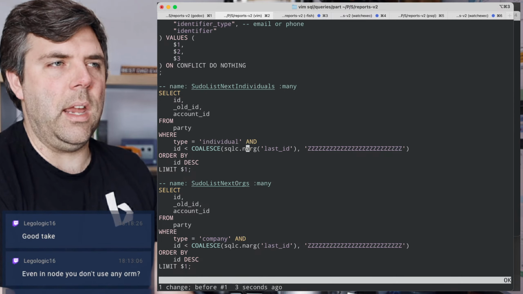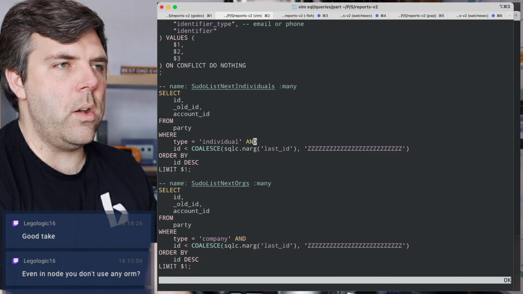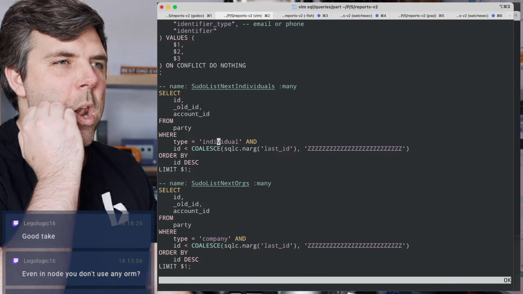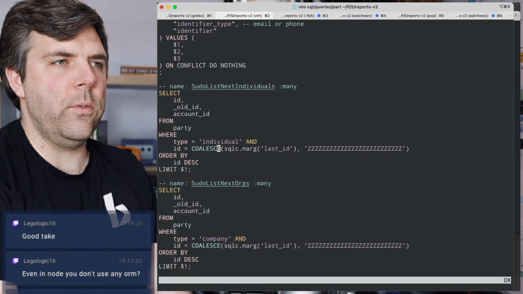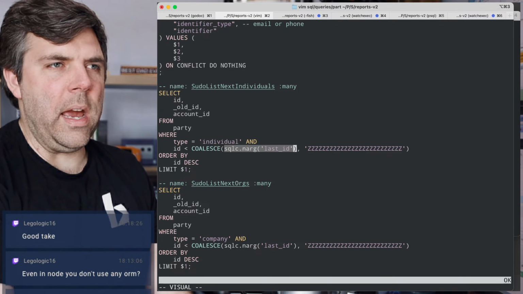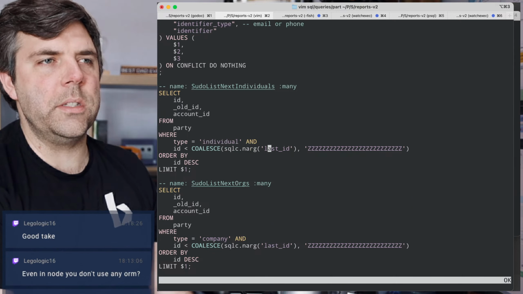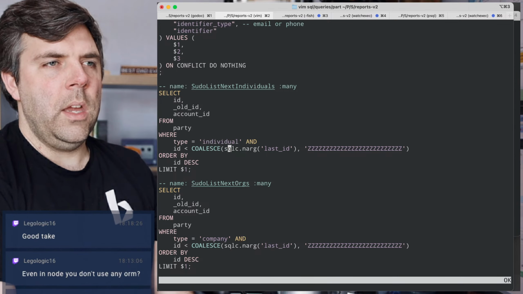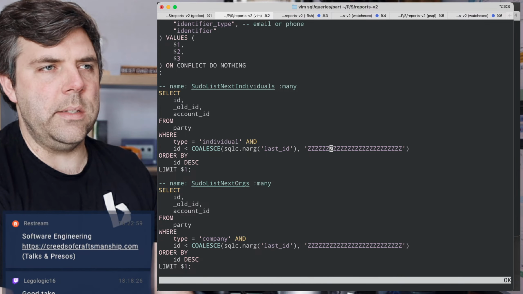So I went in here and gave it the appropriate name because it couldn't figure out what I was trying to use it for. SQLC replaces these with the dollar signs, but it uses it as metadata. Anyway, point is, if I pass in null here, then what this becomes is Z. So then I have default values.